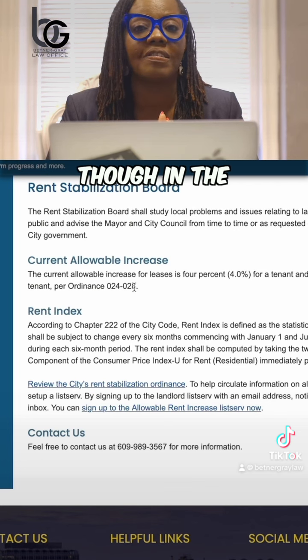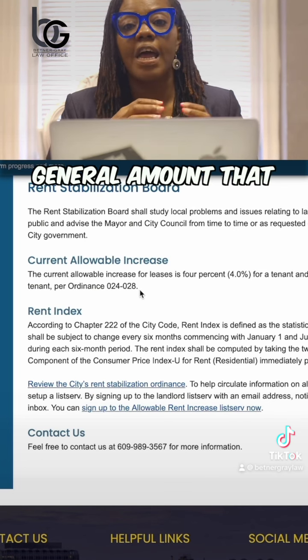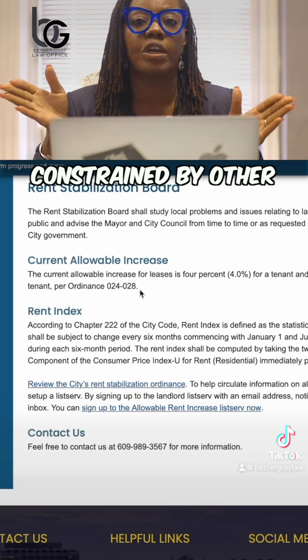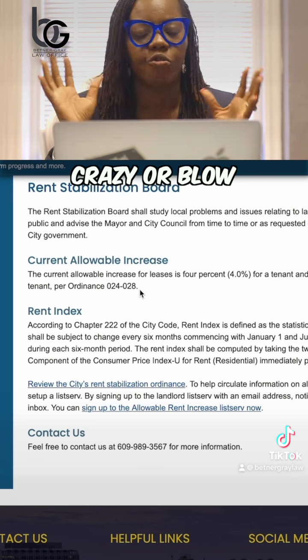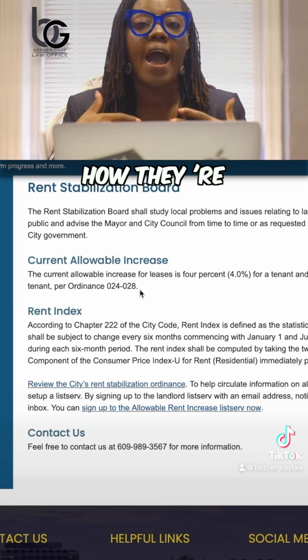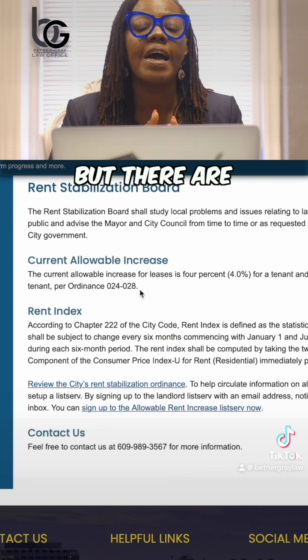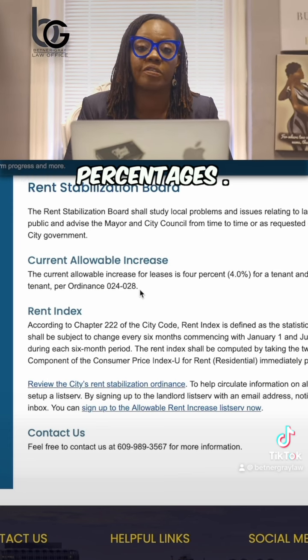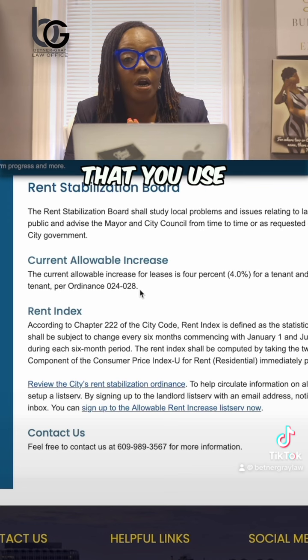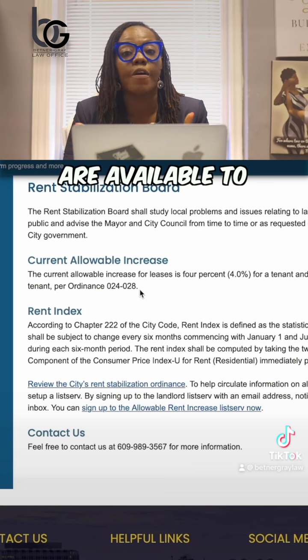And so even though in the state of New Jersey, there's not a general amount that a landlord is constrained by other than it must be conscionable. That means it can't be crazy or blow the mind of the court how they're trying to increase the rent. But there are cities, as we see, that are constrained by certain percentages. So make sure that you use the resources that are available to you